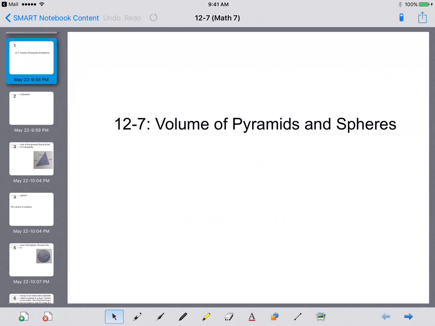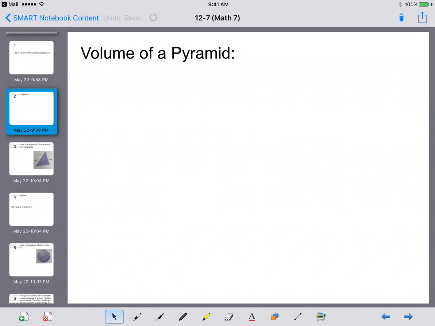This video will be going over 12.7, volume of pyramids and spheres. So the first thing that we need to know in order to find the volume of a pyramid is the equation for figuring out the volume of a pyramid. And that would be